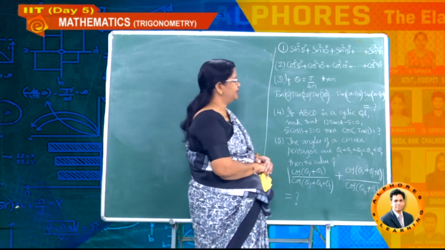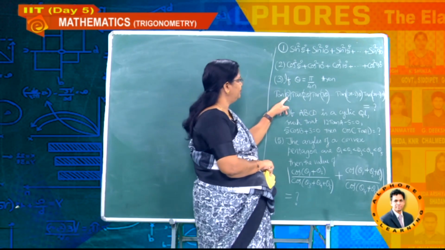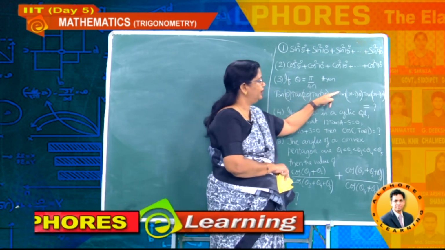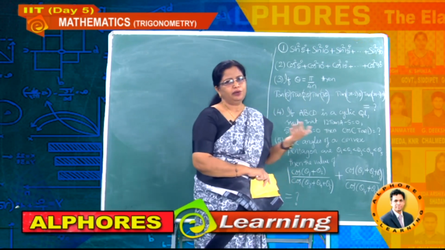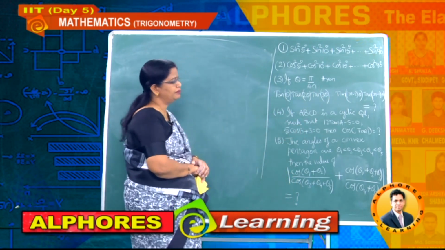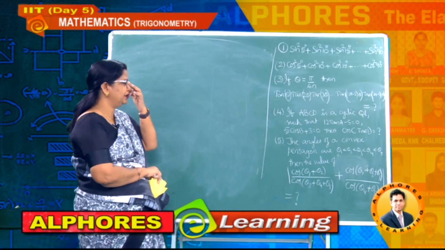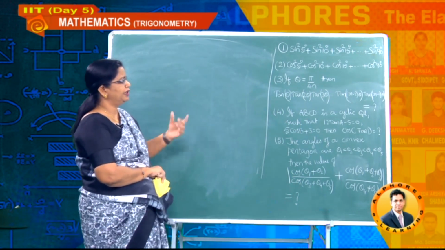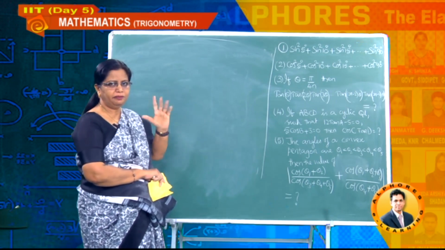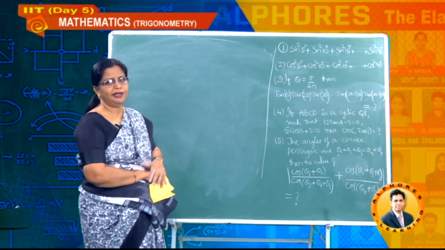How many terms exist? First of all, let us check. How many terms here? 1, 2, 3, ended with 2n minus 1. 2n minus 1 is always an odd number, that means the number of terms here is odd. So now number of terms odd means, just now we have observed there are pairs, but one term will be left alone, that is always the middle one.